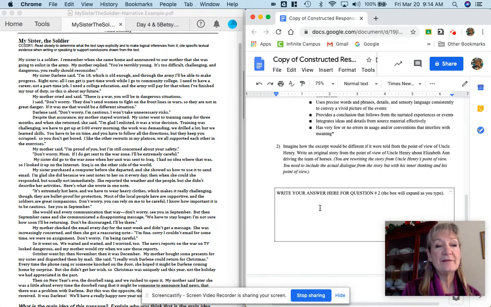So the first paragraph says, my sister is a soldier. I remember when she came home and announced to our mother she was going to enlist in the army. My mother replied, you're terribly young. It's too difficult, challenging, and dangerous. You really should reconsider. So if I were rewriting this from the mother's point of view, then I would have